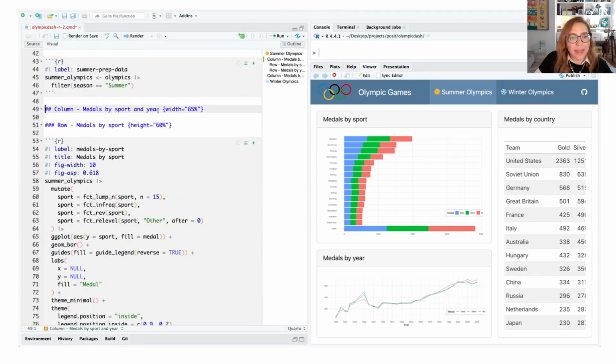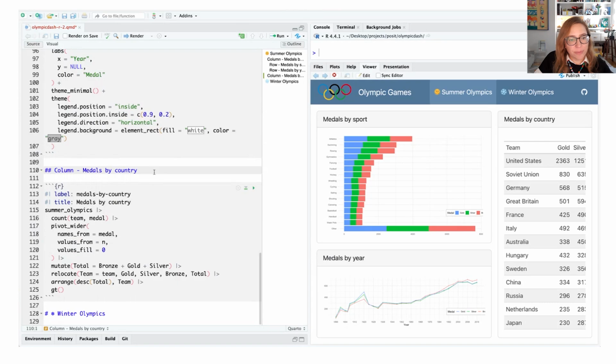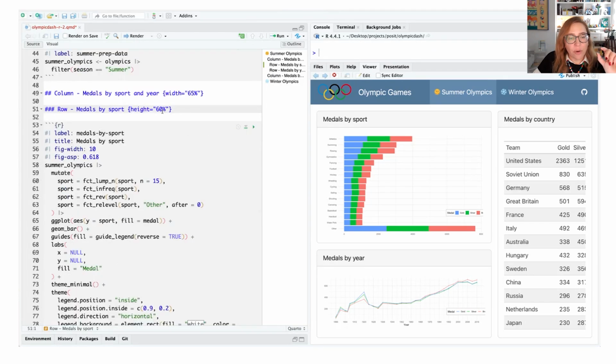So we can see that that added the width definition in curly braces, so I can do something similar here as well, and I will set that to 35%. And for the rows, our rows are already set to 60% and 40%, where we have a little bit more space for our bar plot than our line plot, so we're good there.